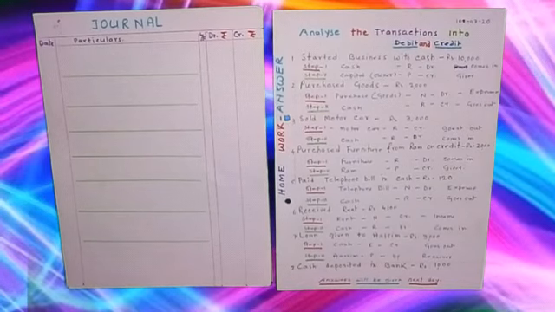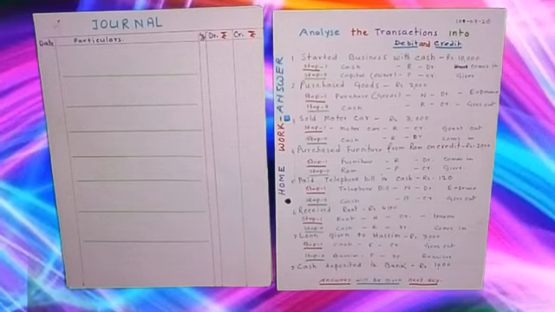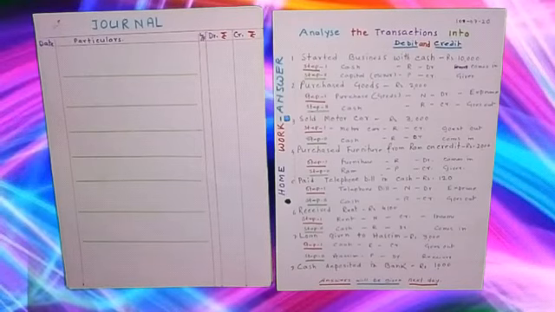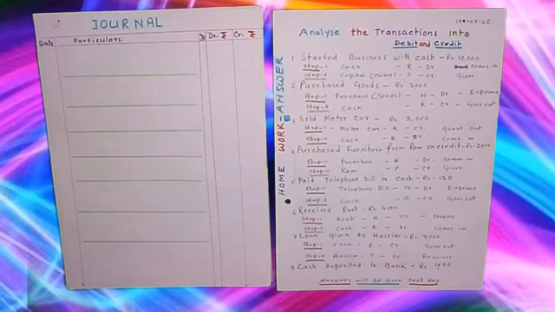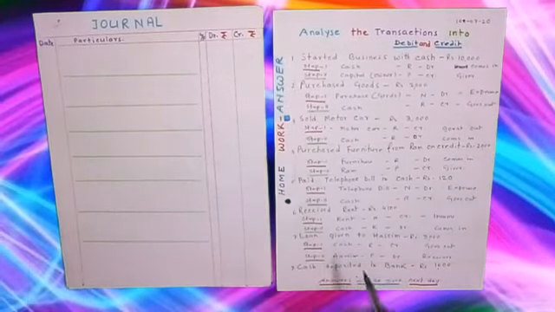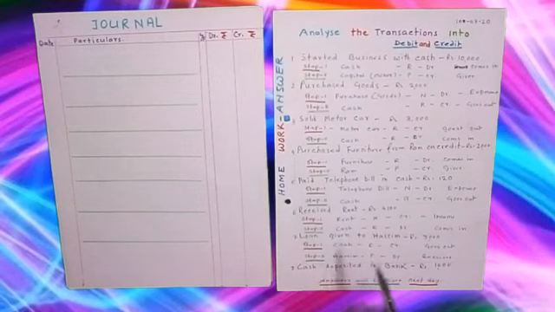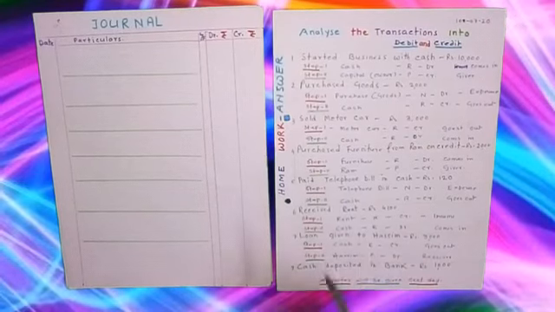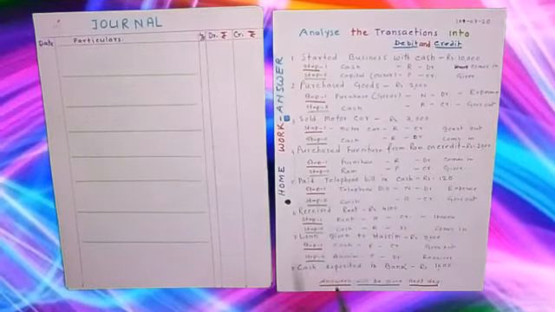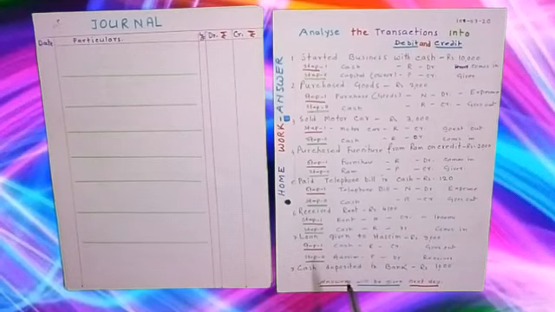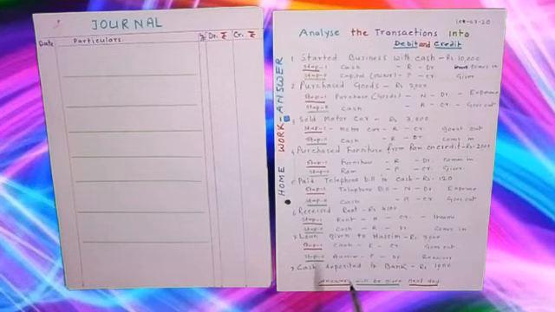Generally we have two types of books of accounts. At first, primarily we record all the transactions in the journal book, and thereafter we record in the ledger book. Today we are discussing how to record transactions in the journal. Okay, so I am taking last day's solution. From the last day we can see that the transactions are analyzed into debit and credit. We have learned already how to analyze in debit and credit. Next step, now we are recording in the journal book.